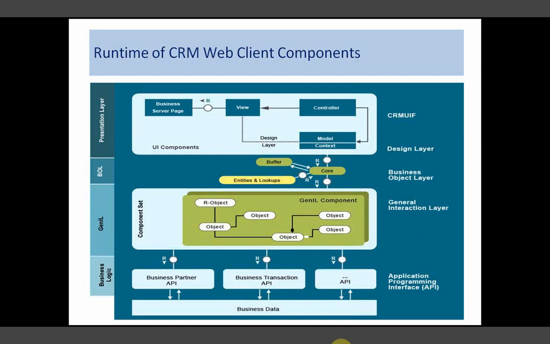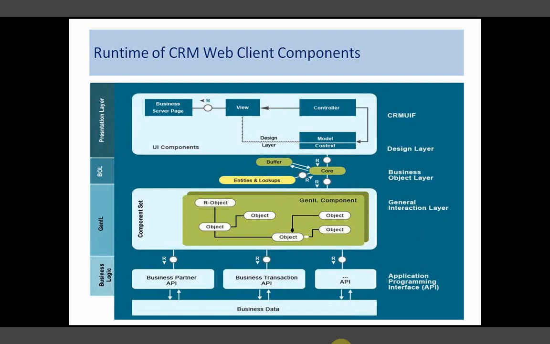Just an overview of what we have discussed so far, and what happens at runtime. When we try to execute, when we try to search something, what happens? The business server page is responsible for the view. Immediately the request comes to the controller.